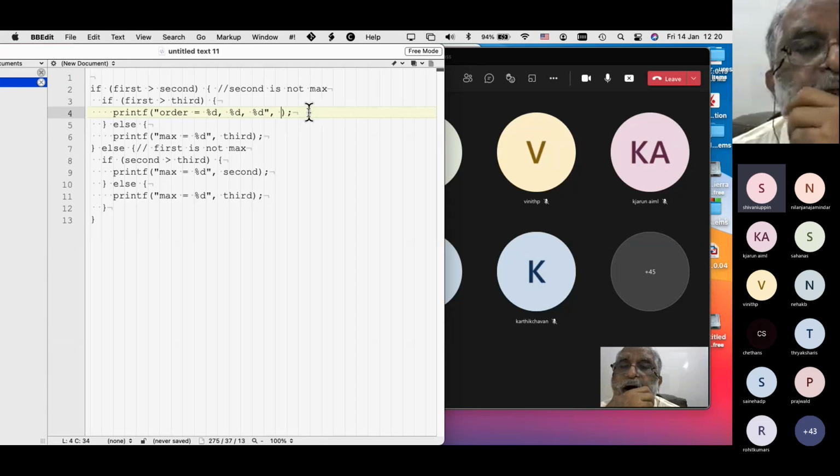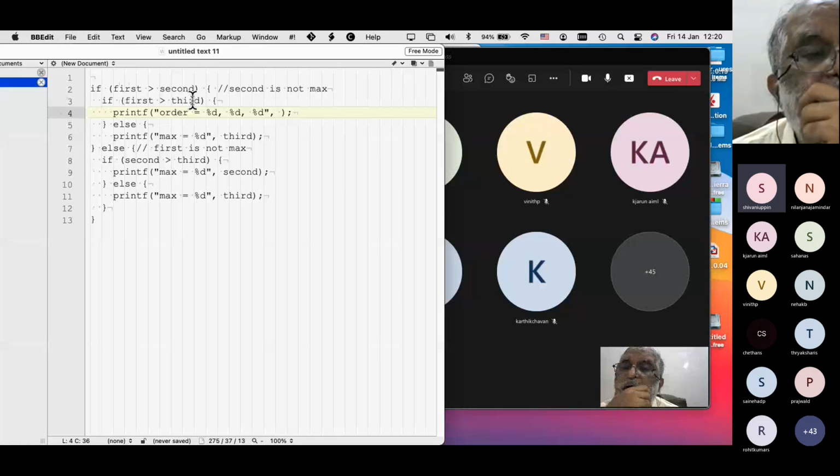At this point, which is the smallest number? First one. Can you do something? You only know that second is less than first. You also know third is less than first.